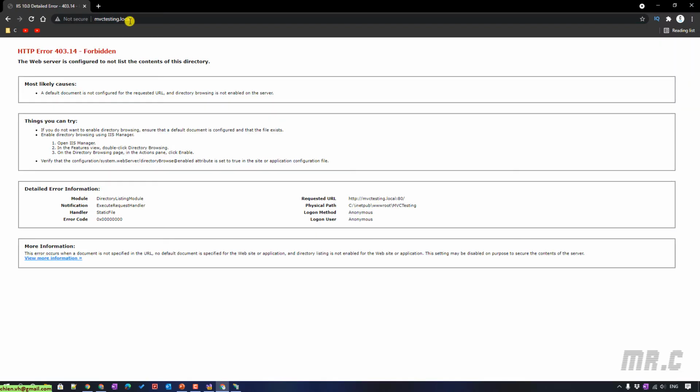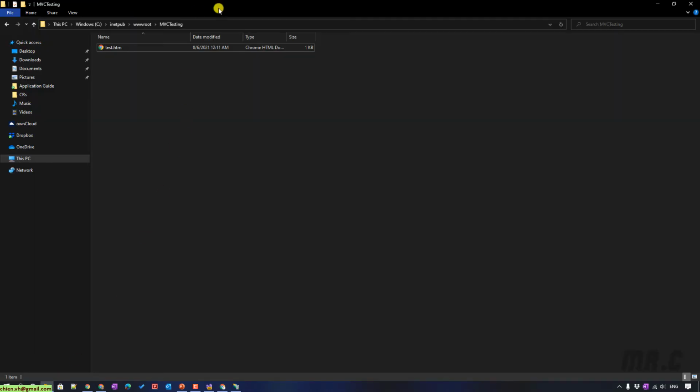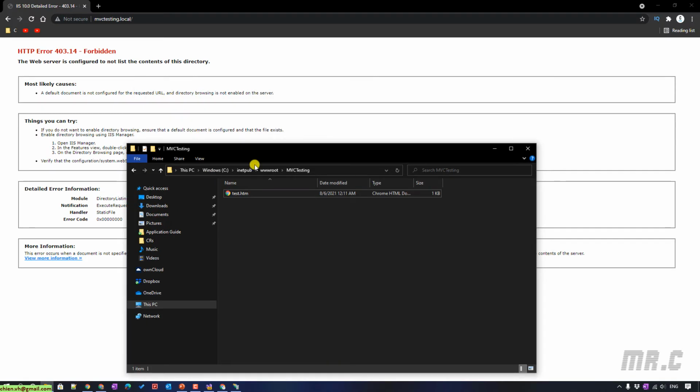And for now, we got an error message: forbidden. The website is configured to not list the contents of this directory. Okay, let's come back to the folder. And you see here in the folder, we have only the test.html file. In order to access directly into this domain, you have to make sure this folder will